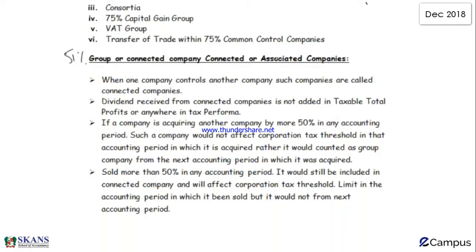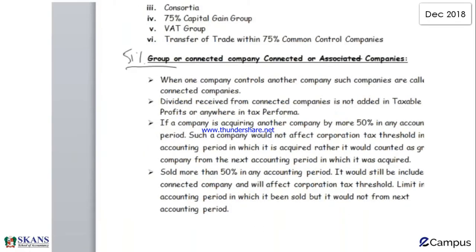Well, these are the old names. I would not suggest you to use that. Well, the modern name is 51% group companies. Okay, if you want to know which of the companies would be member of 51% group, well, when one company controls another company, such companies are called connected companies. But make sure there should be,